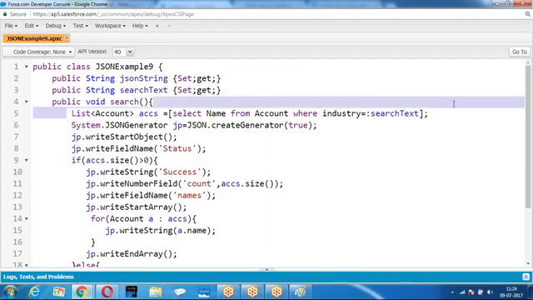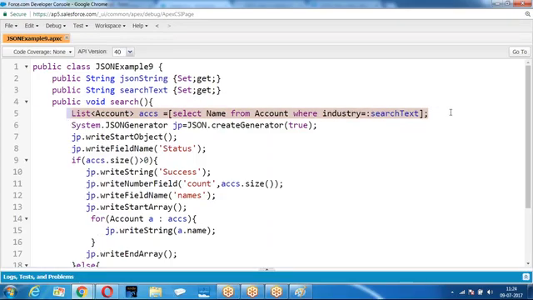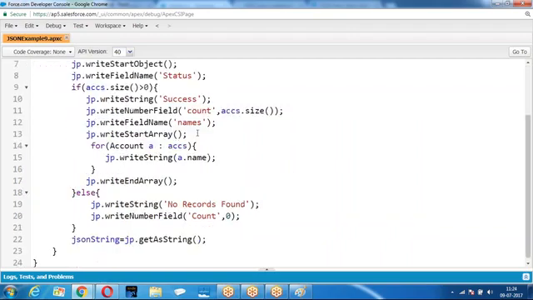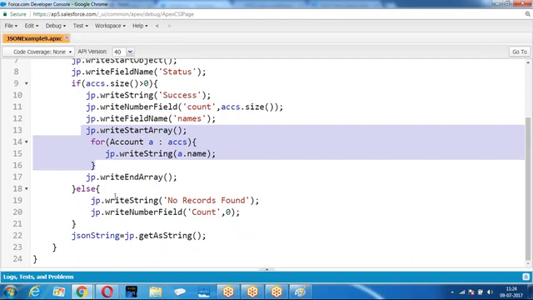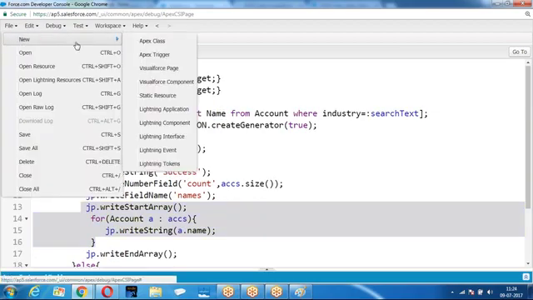I wrote a SQL query based on the industry you entered. If there are any records found in the SQL query, then give status equal to success, count equal to how many records are found, then names of all the records. If no records are found, status equal to no records found, then count equal to 0. People are clear?